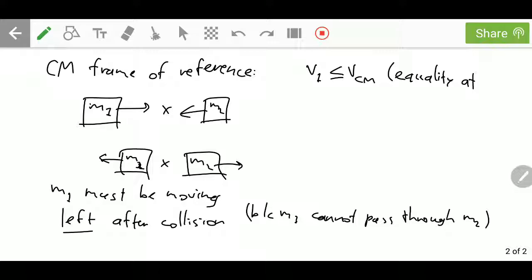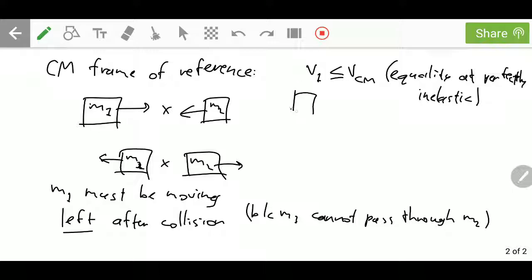Equality also occurs when the collision is perfectly inelastic, meaning that the two objects would move together,